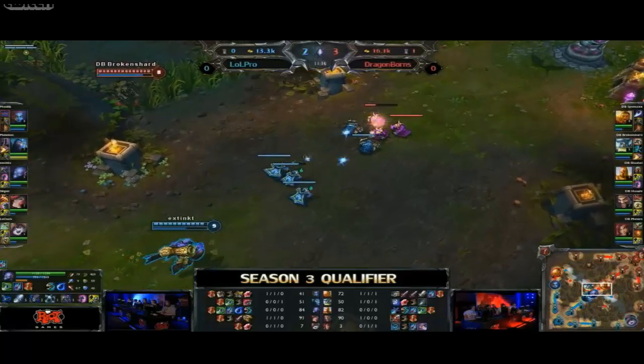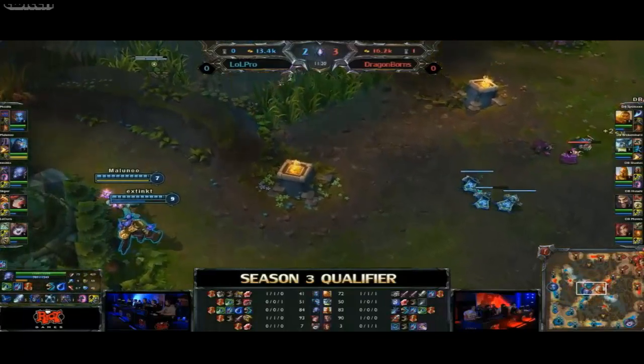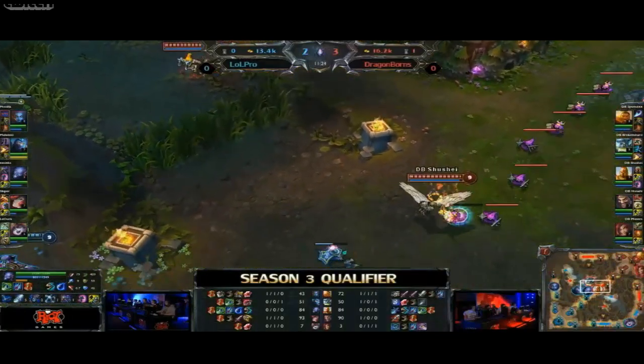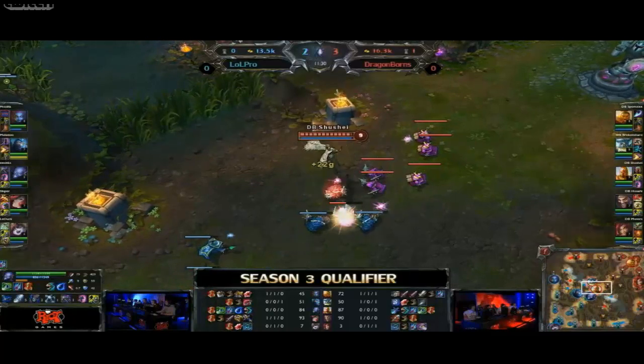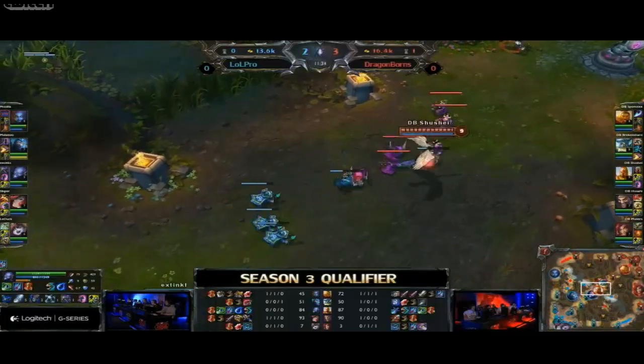This is not really what people expected. Dragonborns, while they are known as a strong team, LoLPro was kind of looked at as the favorites of the group, so for them to be down this big early is a bit of a surprise. You can see their Bloodthirster has now been completed by Draven. BF Sword finally picked up by Misfortune, so that's that advantage that we talked about earlier on coming into the